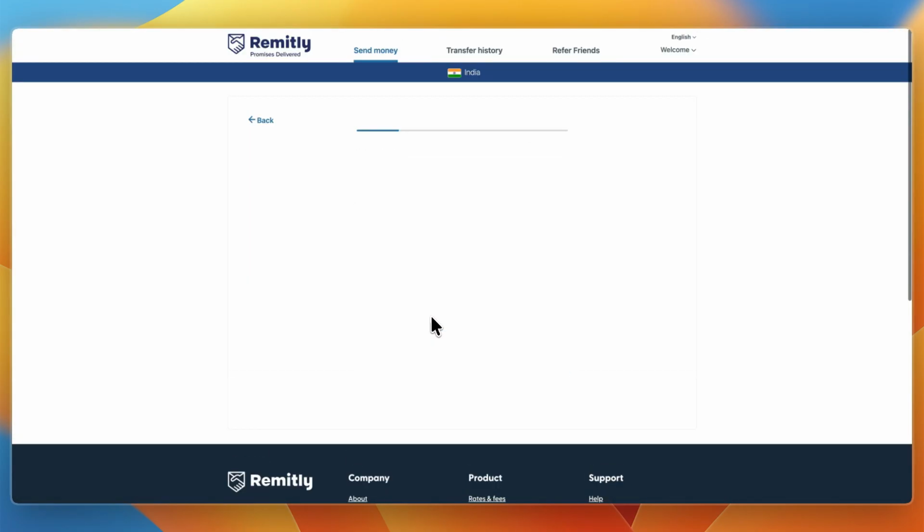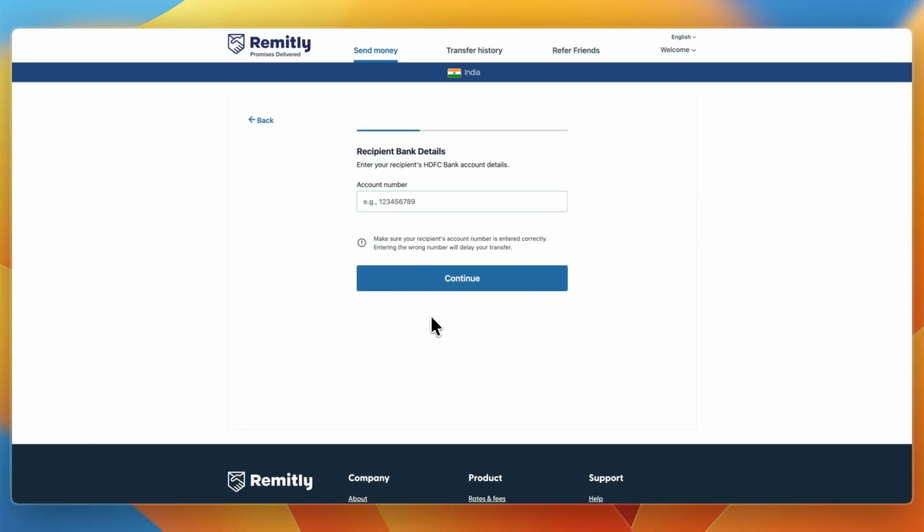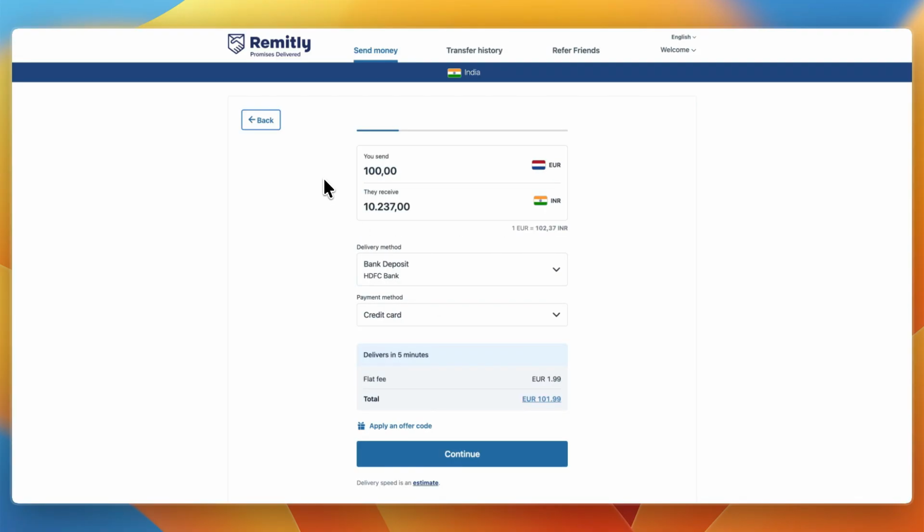From there, click continue, and then you will need to enter your recipient's bank details, as well as their first and last name, and any other relevant details, such as why you are sending the money, and if you select a credit card, you will need to enter your credit card details. Eventually, you will come to an overview. From there, just check if everything is correct, and if it is, pay for it, and